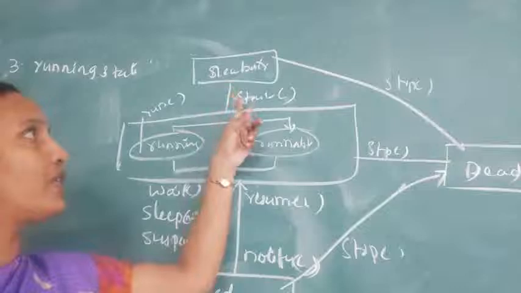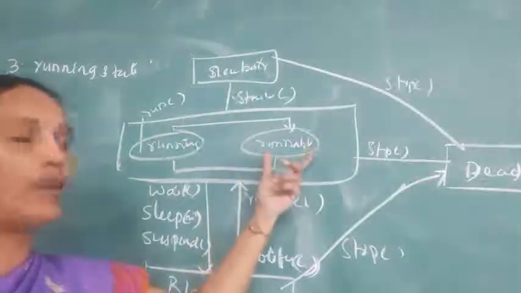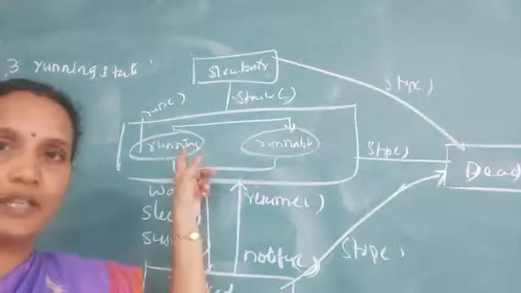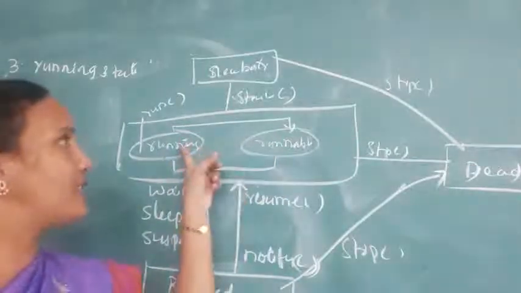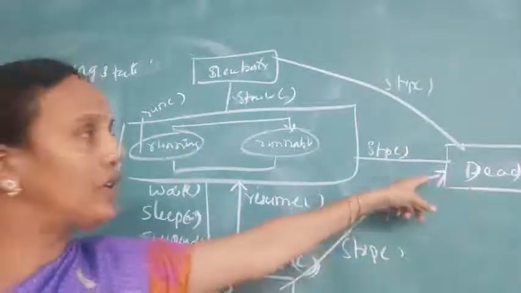Okay, so when you call the start method, the thread will enter the runnable state, meaning it is in the queue, waiting for the processing time. Then from the runnable state to the running state, the thread runs its execution. After completing its execution, you can directly call the stop method in order to kill the thread. That is the dead state.